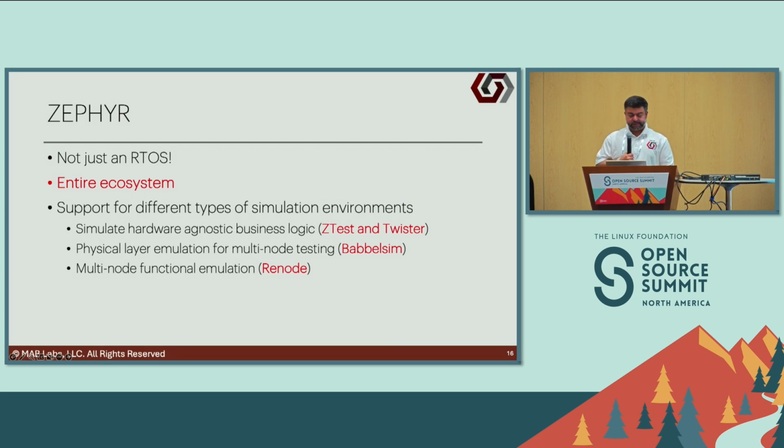Another useful tool is BabbleSim, and it's meant for physical layer, like RF emulation, for when you have multiple nodes. They have support for BLE, 802.15.4. You can also expand it. I've worked on this recently, where you can expand BabbleSim to account for your own specific protocol at different frequencies. BabbleSim is really a niche case, but it's another tool that's backed and supported by Zephyr that you should leverage whenever you're developing